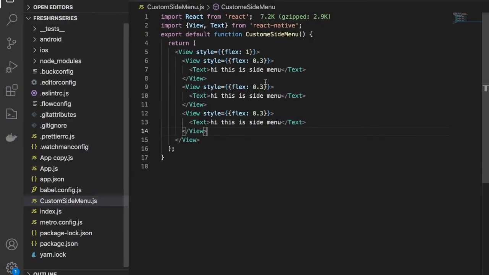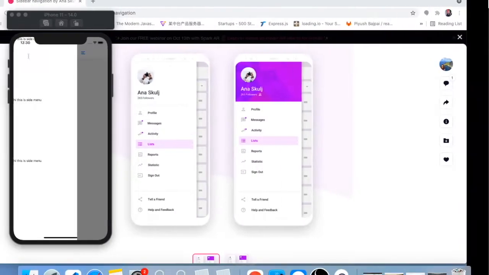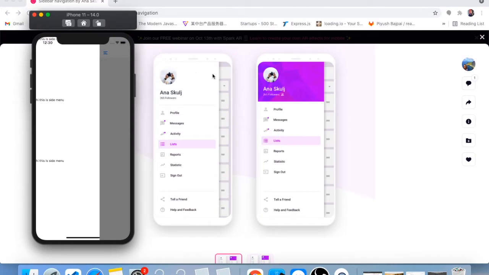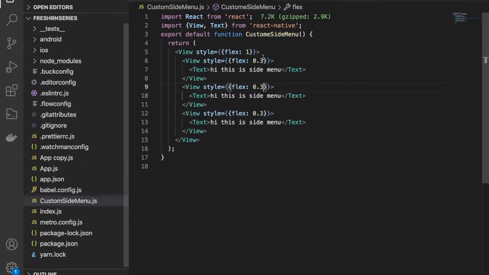So we have to utilize that one value over here. I am giving 30% for the top view, and then I want to use some 50 or 60% for the middle part, and some 20% for the bottom part. So 0.3, let's say 0.5, and let's say 0.2. For better understanding, let me show you by giving the background color. Let's say green.